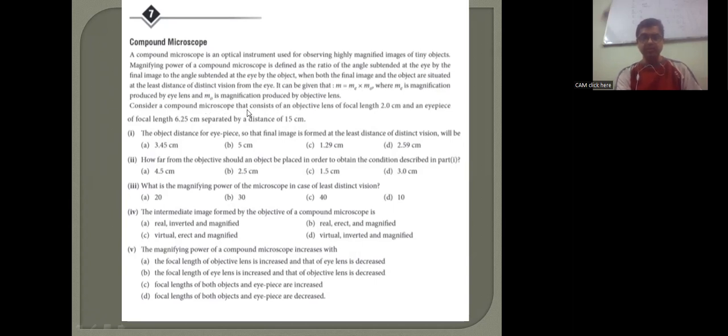Consider a compound microscope that consists of objective lens of focal length 2 cm and eyepiece of focal length 6.25 cm, separated by distance 15 cm. Now, first question: the object distance for eyepiece so that the final image is formed at least distance of distinct vision will be. Now student,